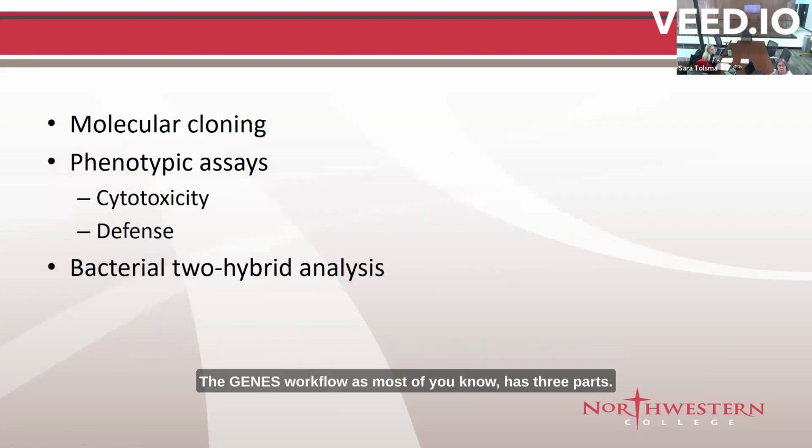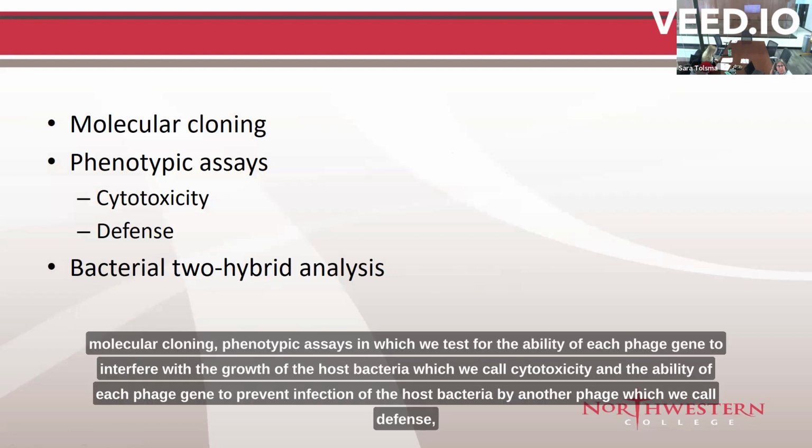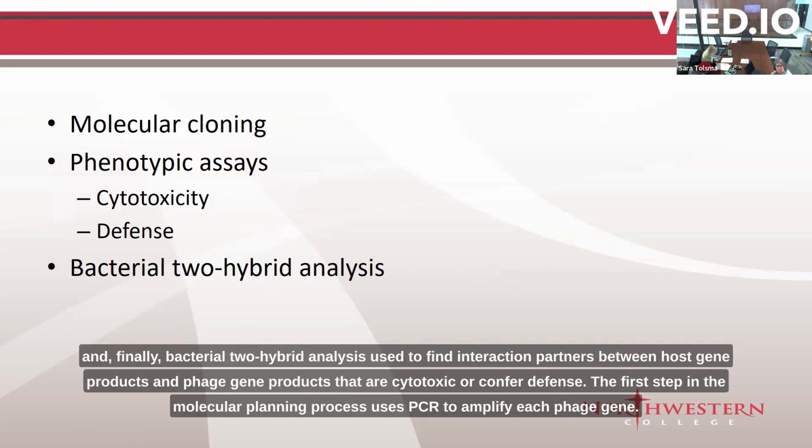The GENES workflow, as many of you know, has three parts: molecular cloning, phenotypic assays in which we test for the ability of each phage gene to interfere with the growth of the host bacteria, which we call cytotoxicity, and the ability of each phage gene to prevent infection of a host bacteria by another phage, which we call defense. And finally, bacterial two-hybrid analysis used to find interaction partners between host gene products and phage gene products that are